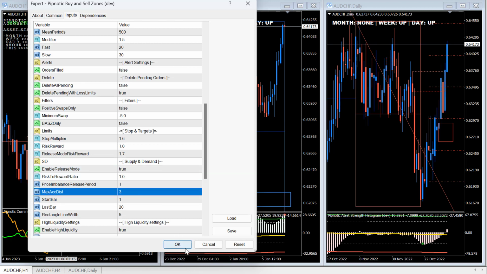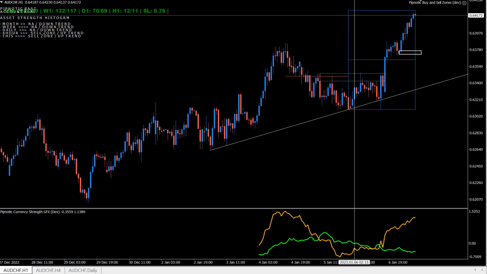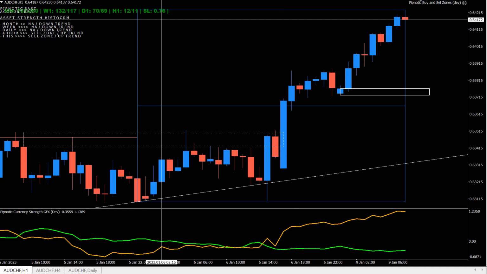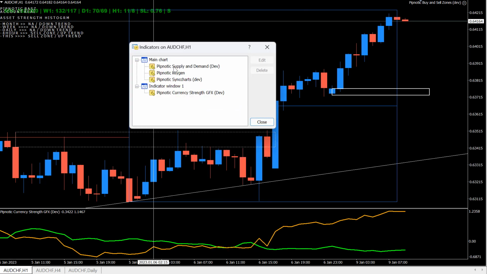The difference between this version and the previous version is what it's looking for. This is a really good example. Instead of the robot putting a limit order to buy here, it will buy at market once this candle closes, based on the current configuration. So if we go back to the configuration,